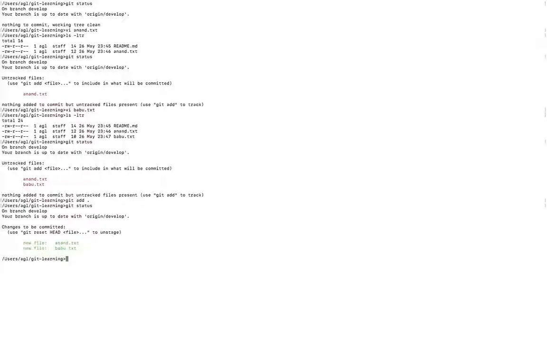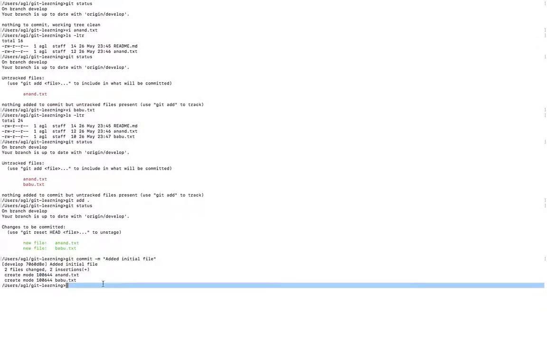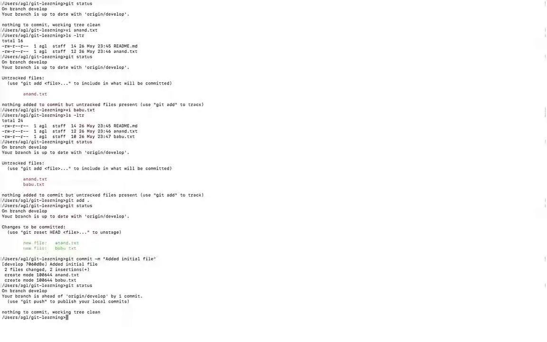If you do git status, see, the two files have been staged. Now we need to add the git commit message for these two files. Added initial files as the commit message, and that's it. You can see the two files have been added, two files changed, and if you do git status, everything's fine. We have our local changes, but we need to push them to the remote